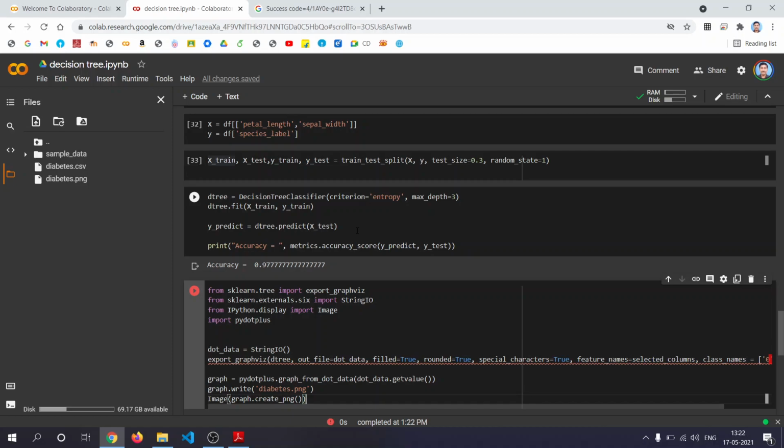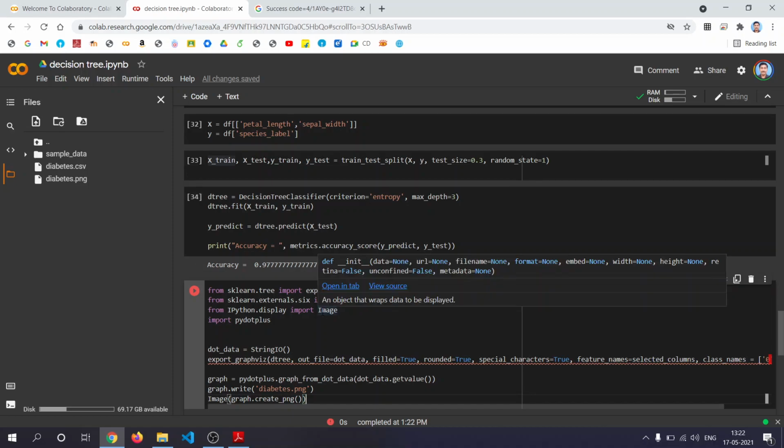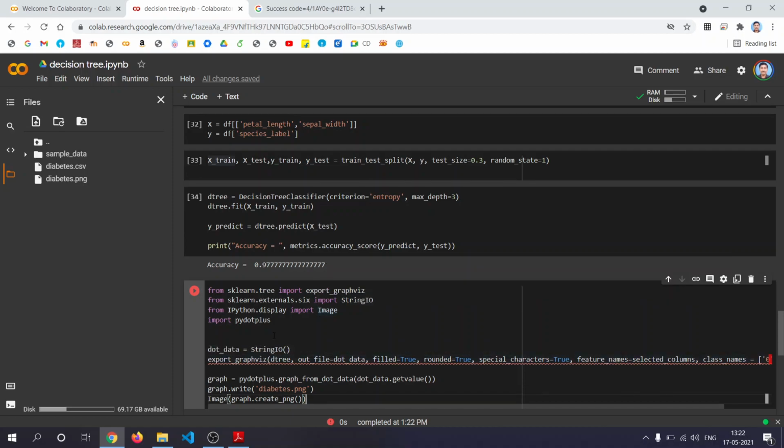Dot data is equal to, instead of this you can also directly give dot data equal to export graphviz, like this.